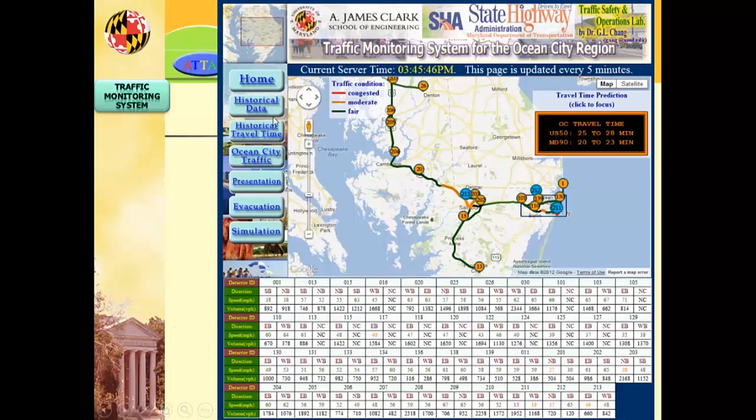And this is our website. Here you can see every sensor, which one number here, which one speed or volume is working or not. We do not display occupancy because most people do not know how to use occupancy. Occupancy is for traffic engineers to use. So here you can see, for example,